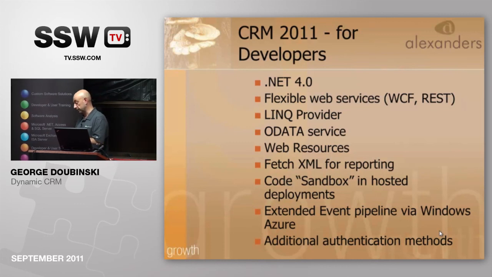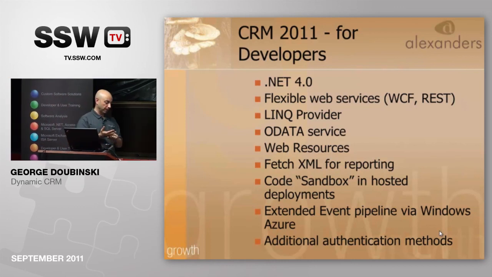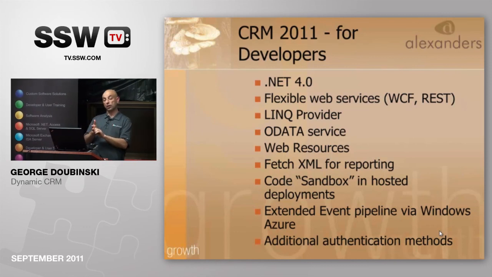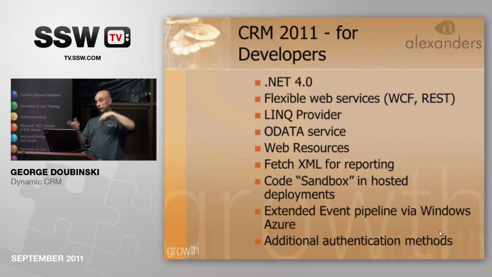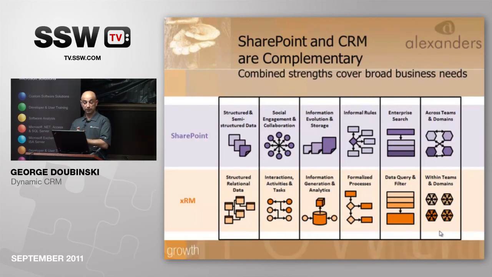And authentication methods, in addition to Active Directory, which always was there, and Windows Live, which is CRM Online, it now supports claims. So, for example, it's now possible to build an environment where you authenticate against your CRM on premises using claims, and you have a SharePoint Online that uses the same claims, and from the user's point of view, it's integrated authentication. Now, the next one is a demo, but before we do,